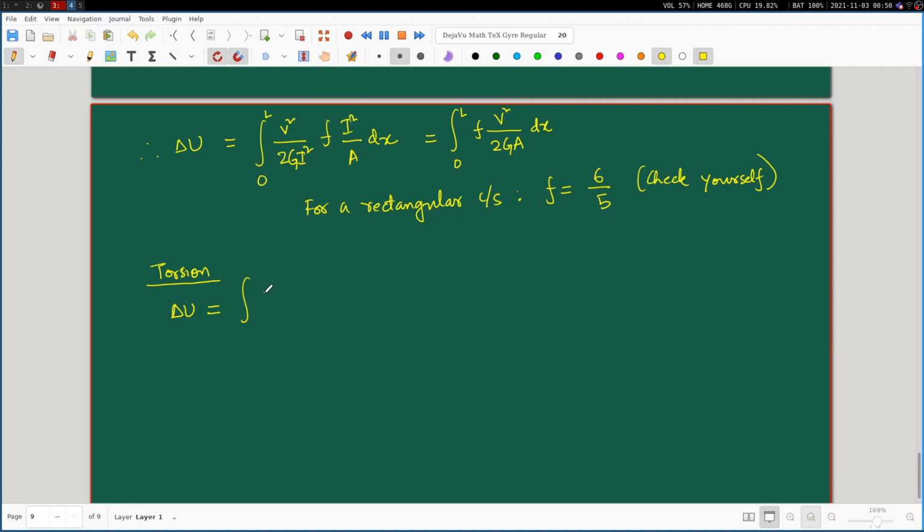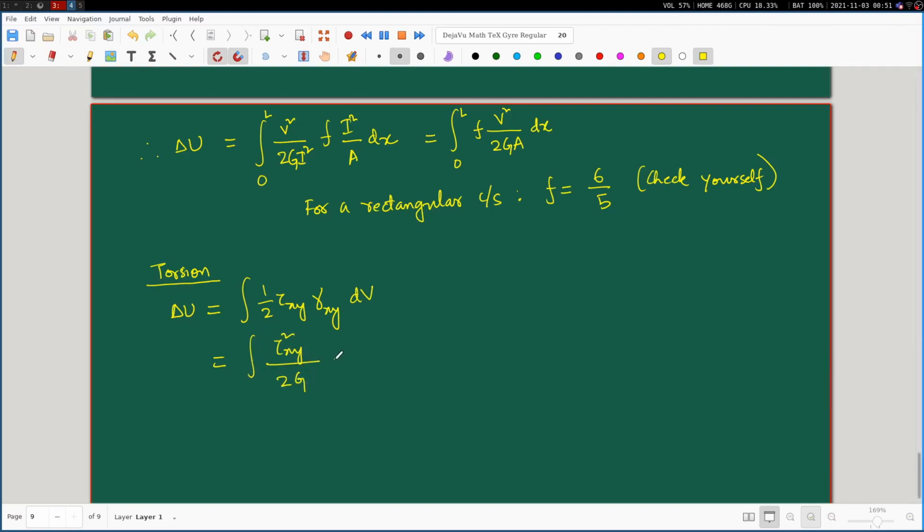So we obtain half of tau xy times gamma xy dV, and again using Hooke's law, whereby gamma xy is equal to tau xy by G, we obtain tau xy square